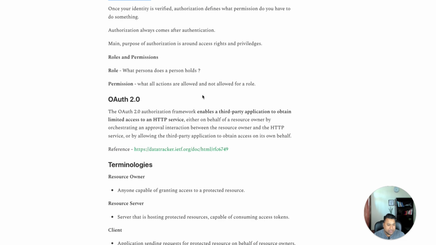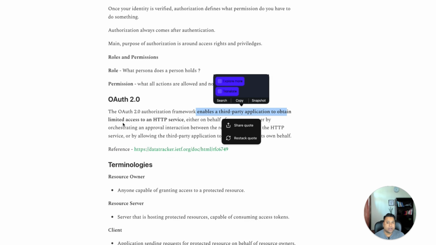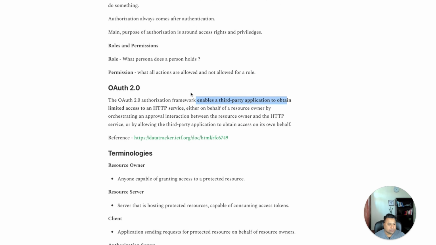So majorly, I'll tell you the place where your authorization comes into play. That is, it enables a third-party application to obtain limited access to an HTTP service. So let's say you have a resource. There is a website. In your day in, day out, you must be accessing a lot of websites, and then